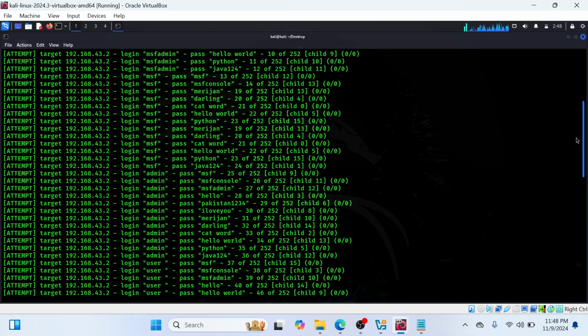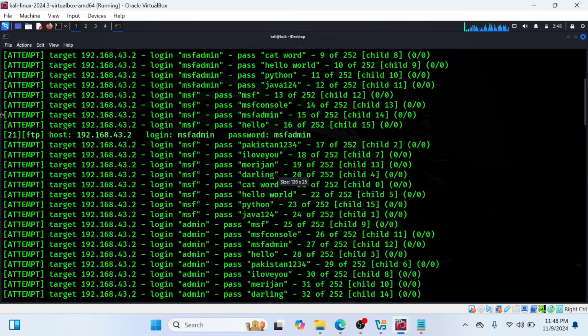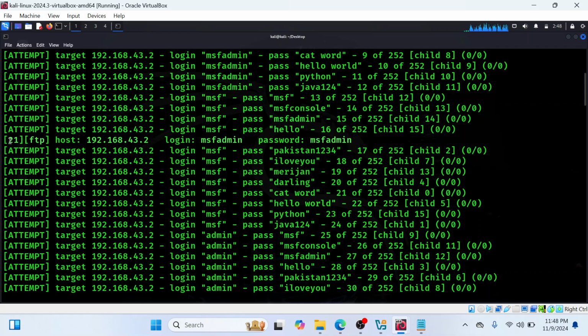The color has changed a little bit. So this one, focus here: port 21 ftp, host is this, which is our target machine, and login